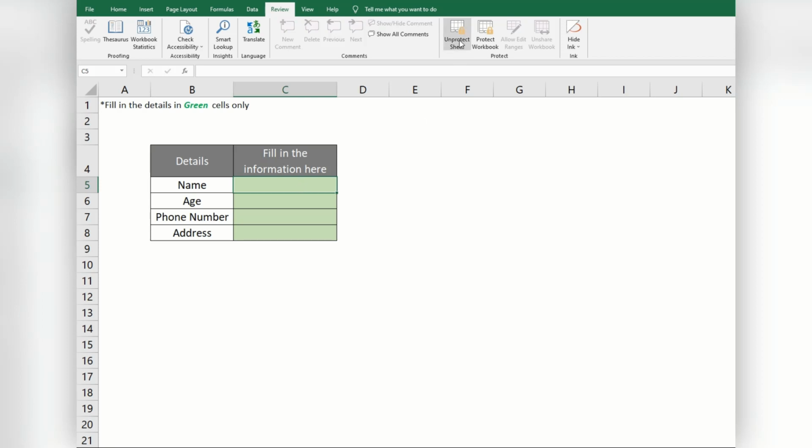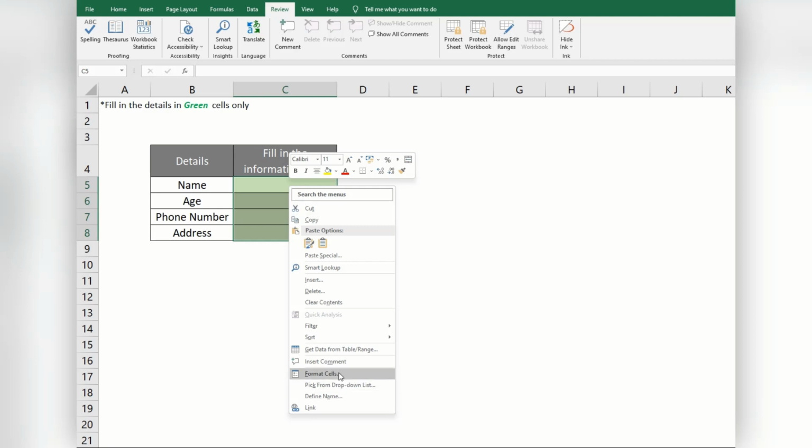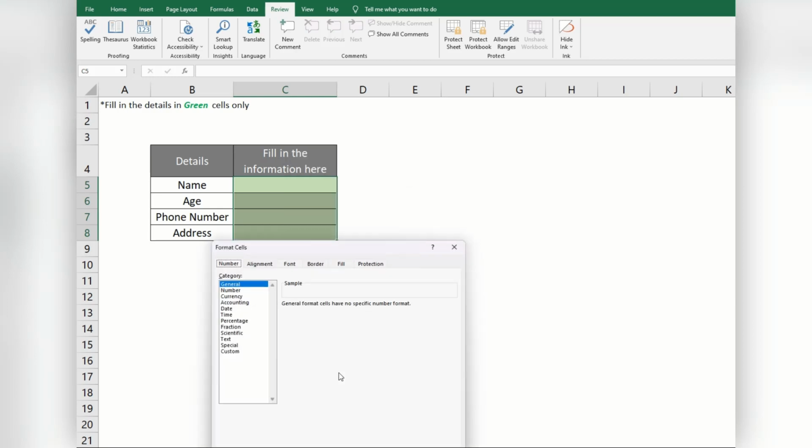Now first I have to unprotect the sheet here. I will enter the same password. And now I will select the range which I want to remain unprotected, which I want to remain editable. So I will select the range of the green cells first of all. I will right click and click on the format cells option.